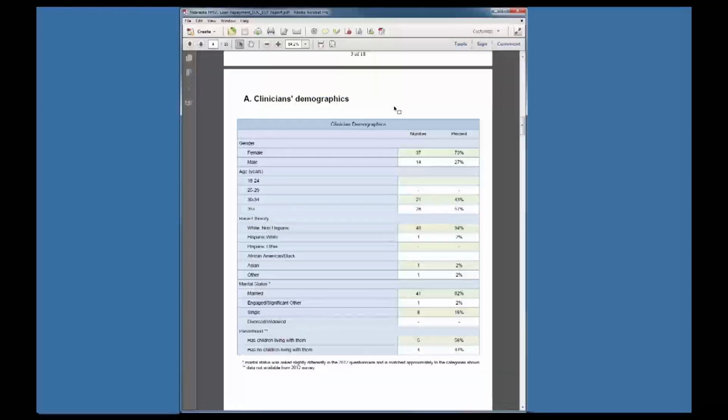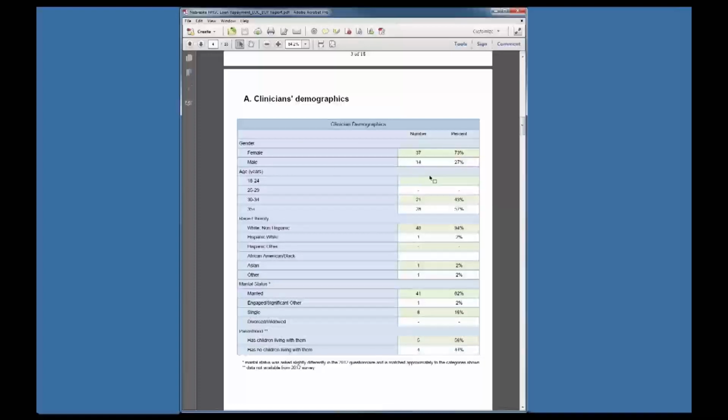Clinician demographics. One thing to know is that we don't ask these questions on the end-of-year and end-of-contract questionnaires, but they are asked on the start-of-service questionnaire. But remember, these individuals each complete a sequence of questionnaires. So what this table shows is data that's brought in for the individuals who completed their end-of-year and end-of-contract questionnaires, but brought in demographic information on them that they actually filled out at a different time, which was their start-of-service questionnaire.